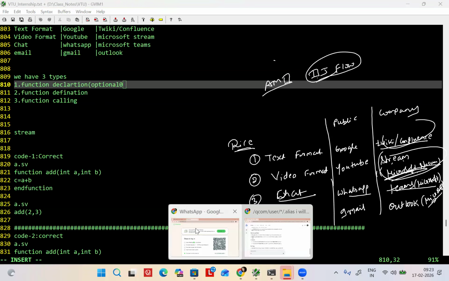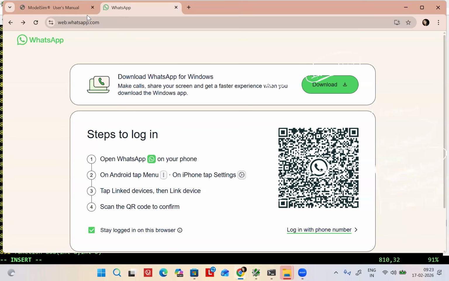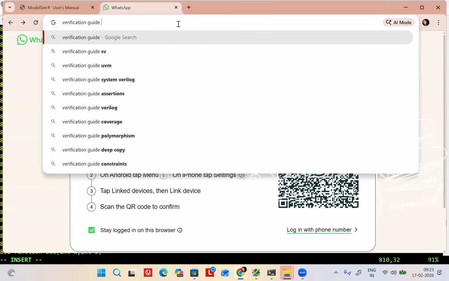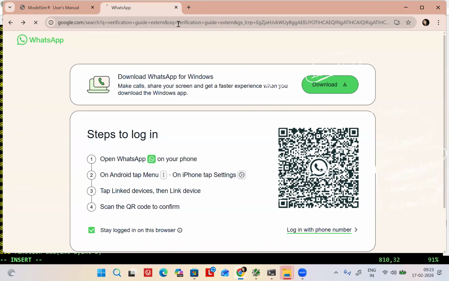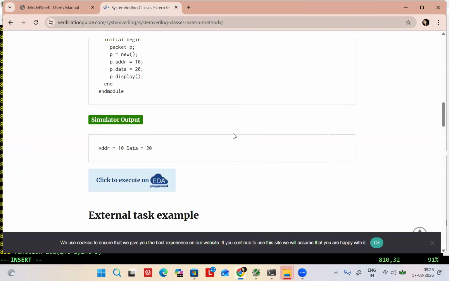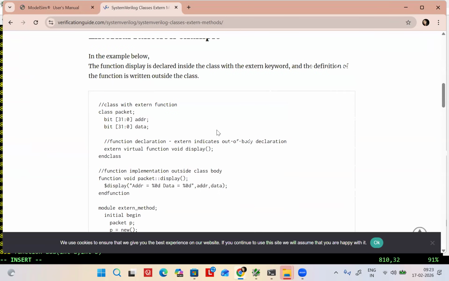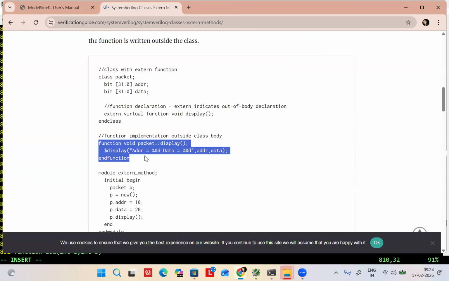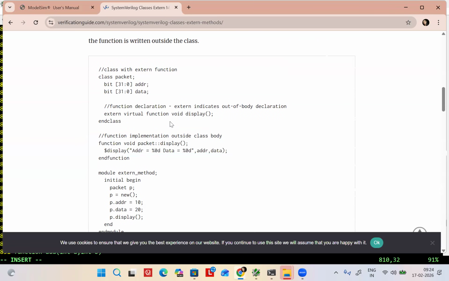You have used it and you might have noted it down. If not, I shall just tell you again. Extern. Now you tell me, what do you call this one? Function declaration. What is this? Function definition.